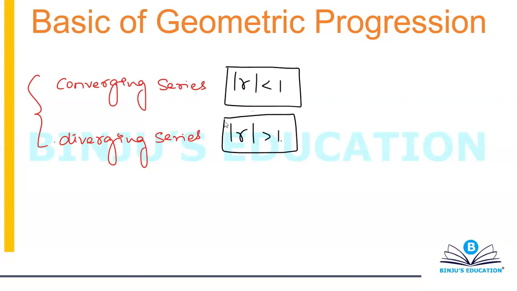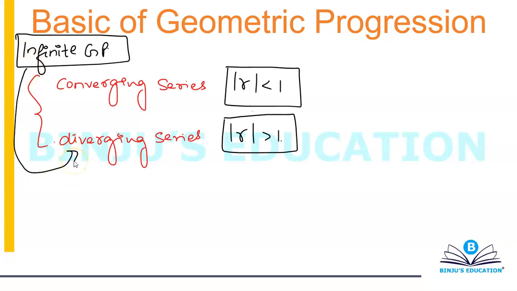Okay. Now, in case of GP, when we talk about geometric progression, there's a concept of infinite GP, that is infinite geometric progression. You would come across questions, or you would have already come across questions on infinite geometric progression. Now whenever they're going to ask you a question on infinite GP, it will always be from diverging series. Sorry, my mistake. It will always be from the converging series, which is going to converge at a point.